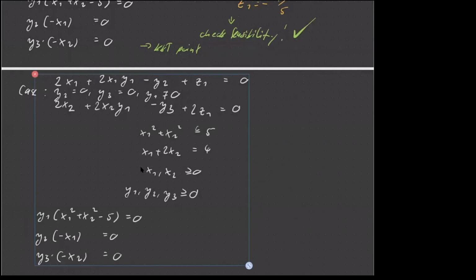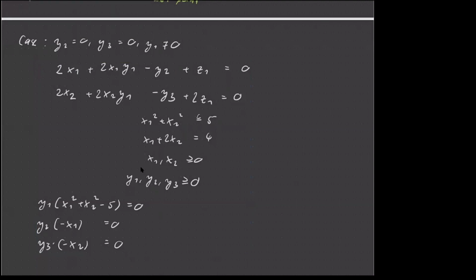Let's again pass the system here. Again, if y2 and y3 are 0, then that means these two terms will vanish. If y1 is not 0, then that will imply that this here is fulfilled at equality. So here we get another equation. This needs to be fulfilled at equality now. And again, we get a set of equalities, which we can hopefully solve. We have this here. We have this here. And in addition, we now have this equation. So we get 4 equations, and we solve that for x1, x2, z1, and y1. And again, it's possible to do that. So using these 4 equations,